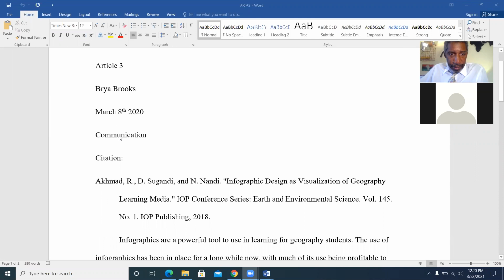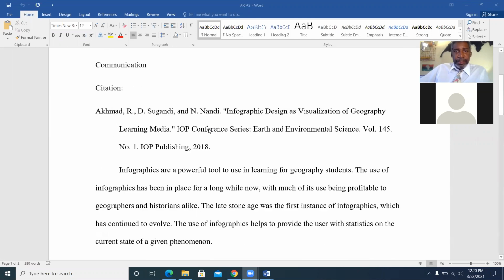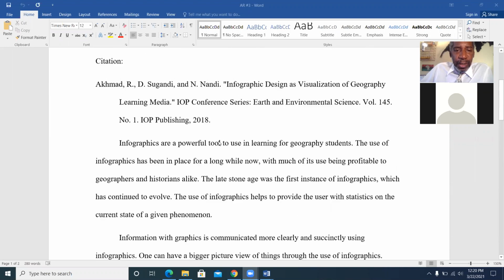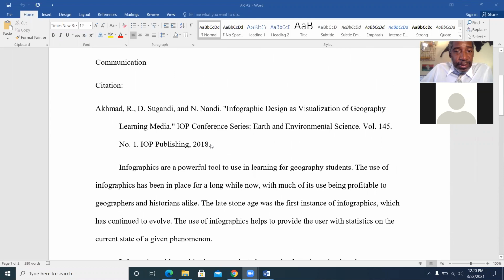Article 3, name, date, major, well done. Citation. Let's see here. Well, if this article was online, doesn't look like it was. But if it's a hard copy, remember to take a photograph of the title page of your article that includes the author, the title, and whatever other information is included with the source. If it is not a hard copy source, then of course you would include the link to the article in the